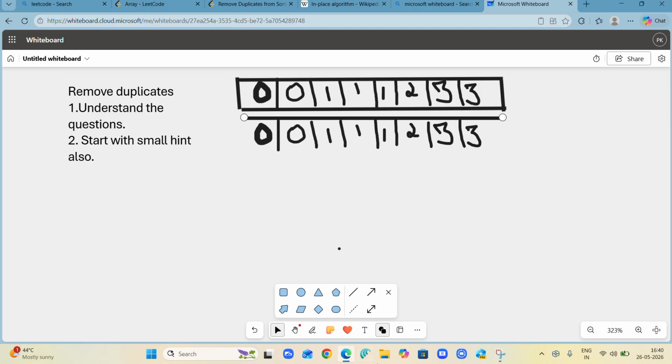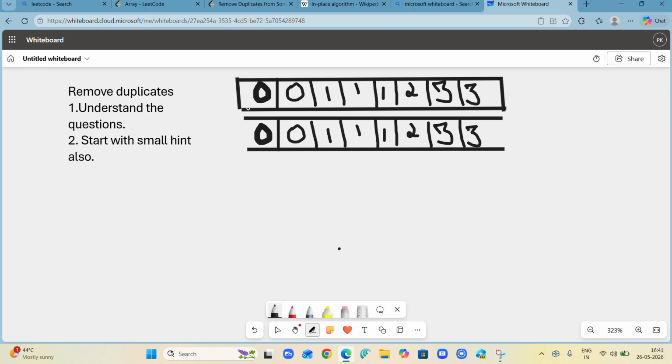So see, when the concept of a separate array comes, that separate array is written over here or something like that. One second guys, first of all let me construct the array. It's disturbing otherwise.